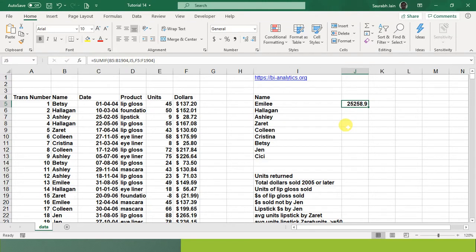Now there's one more thing we can do when solving these questions: we can name our ranges, which helps us. So how do we name the ranges?